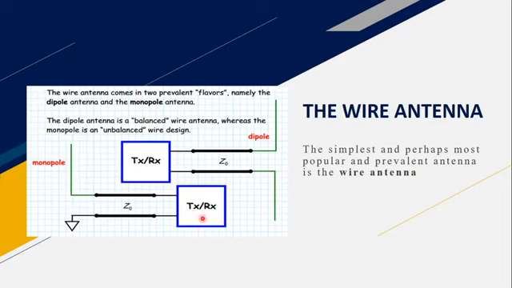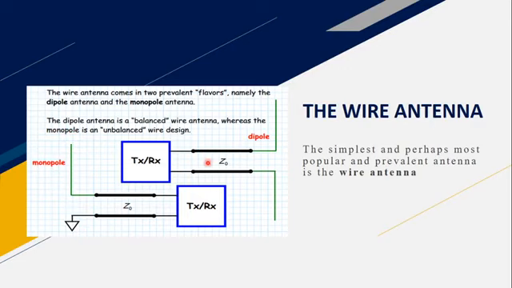So this is some source. This is my transmission line. And when we come to the end, we can see that there is only one conducting wire and this is unbalanced. Unbalanced in the sense one end is a conductor, the other end is at zero potential. It is connected to ground. So we call this an unbalanced design and this is called a monopole antenna.